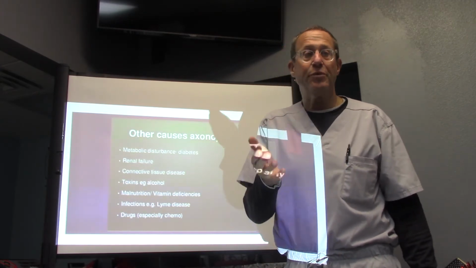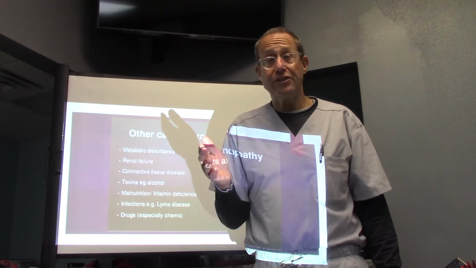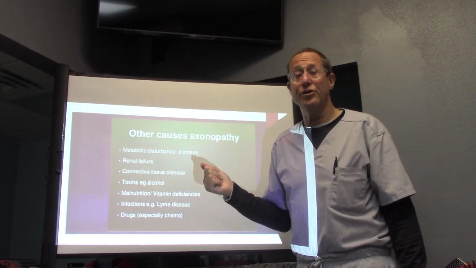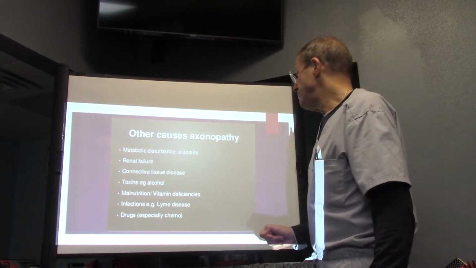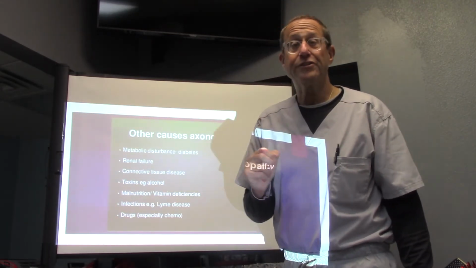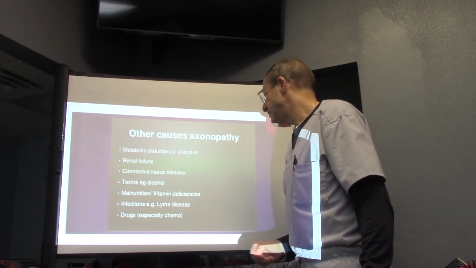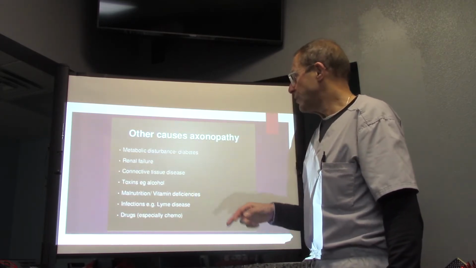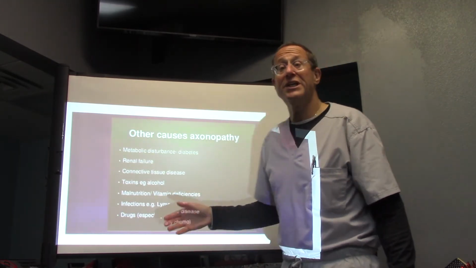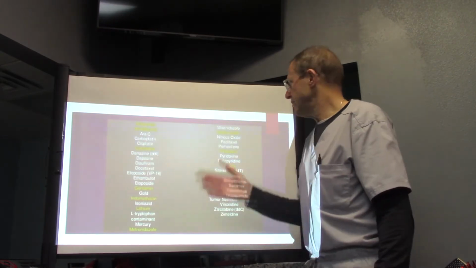and even something as simple. I had a patient a few months ago. She swore that the only thing she had was 2 glasses of wine a day, and she had developed alcoholic neuropathy. Malnutrition, vitamin deficiencies, thiamine, vitamin B1, B6, B12 can also cause axonopathy. Infectious, like Lyme's disease, okay, that could definitely affect the nerves. Drugs, especially chemotherapy, but there's a whole list of drugs, a litany of drugs that is right over here,